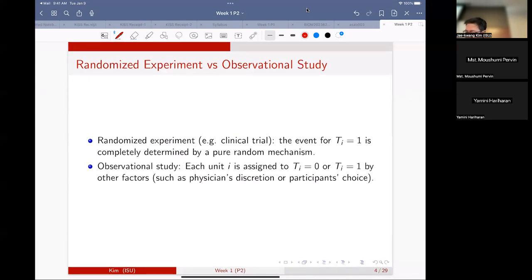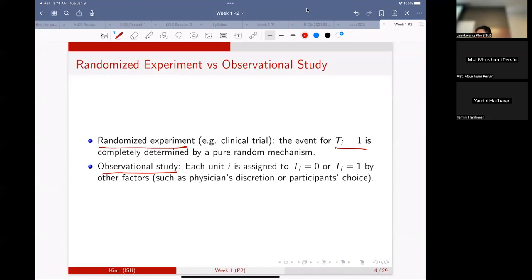You probably know this concept already, but there are two types of data that you can think of. One is the randomized experiment, such as a clinical trial, where the assignment of T equal 1 is completely determined by the person who designed the experiment. So we use some sort of random mechanism to make this decision. An observational study is different, because the unit decided on treatment or control